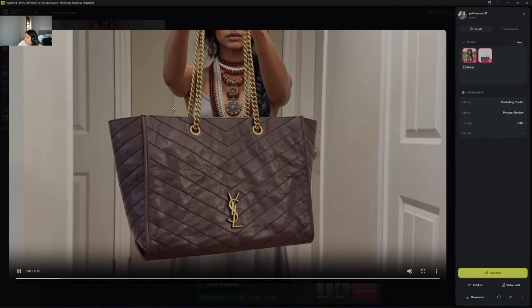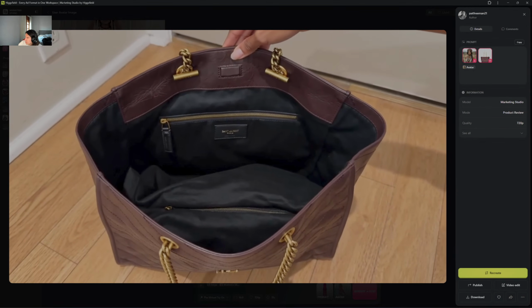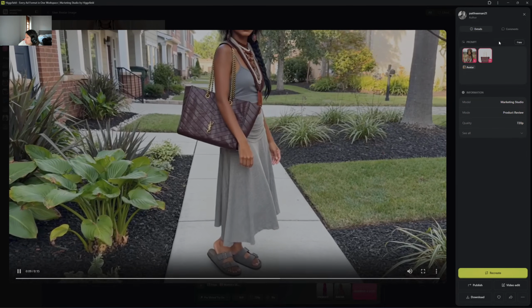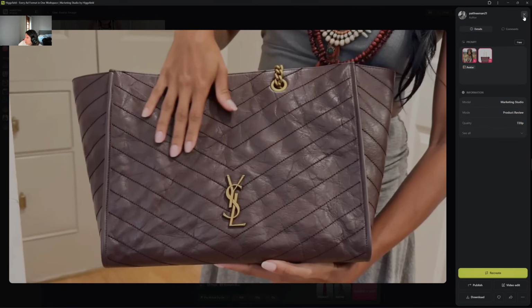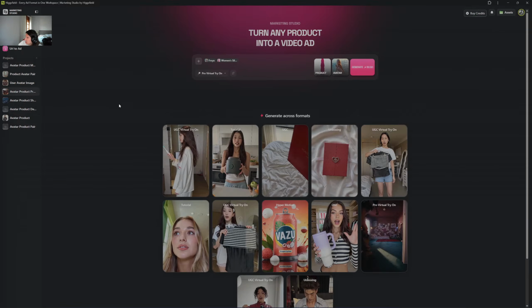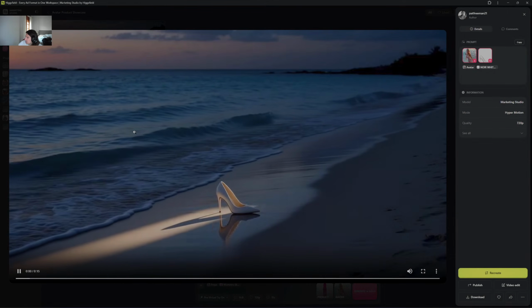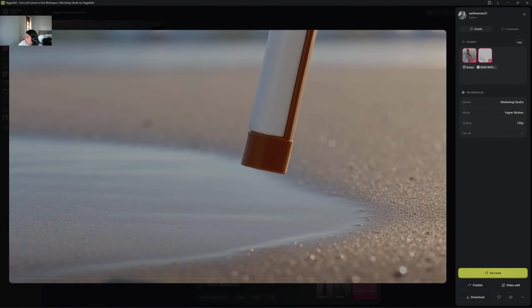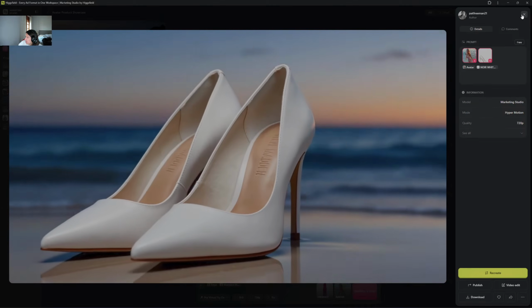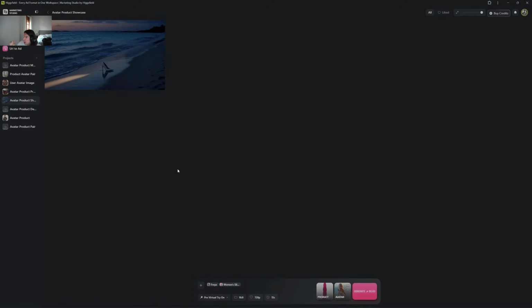This is the Nikki shopping bag in vintage calfskin. Chevron stitching and the Cassandra logo looks so luxe. It's lightweight, fits a ton, and the chain straps sit comfortably on my shoulder. Boom. And how much money would he be paying? Oh yeah, 40,000. Look at this with the AI.